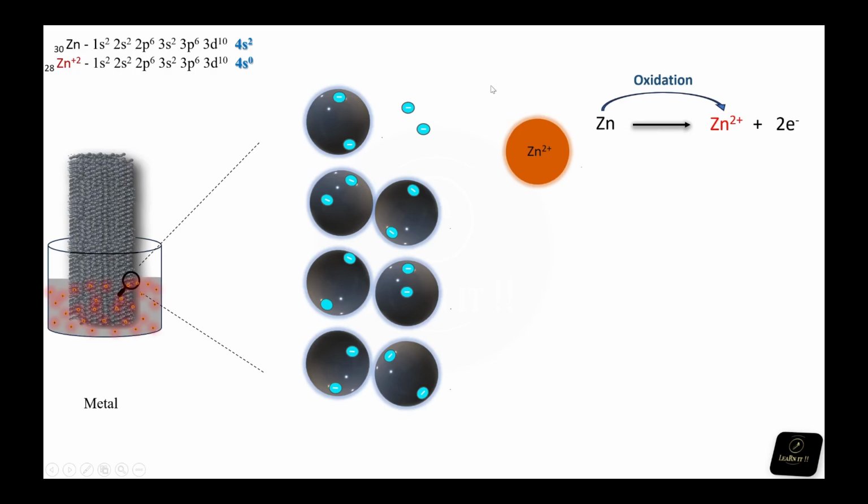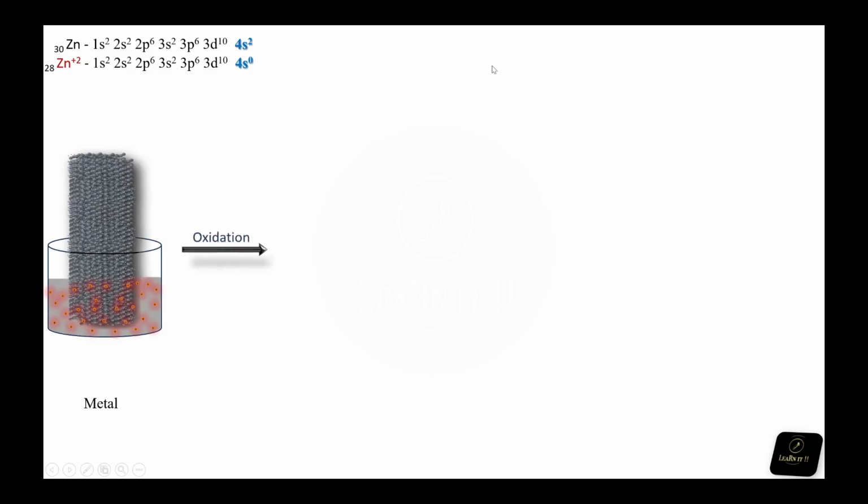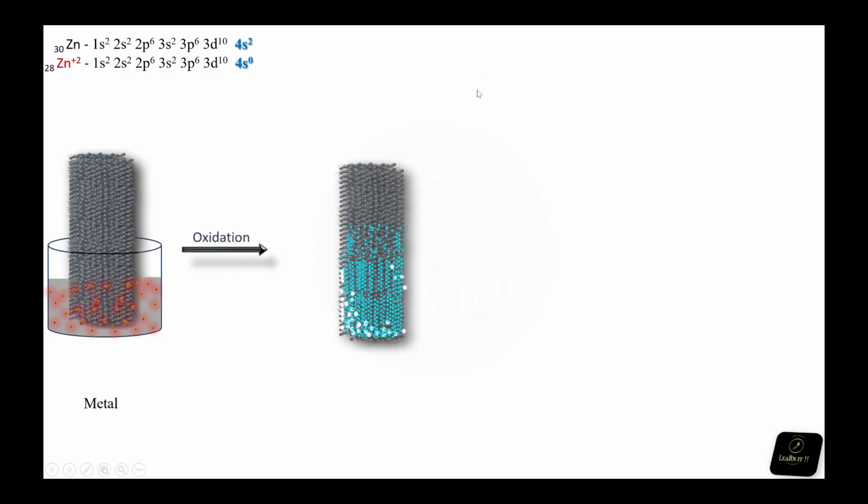Because of this oxidation process, there will be accumulation of electrons on the zinc rod. Before, the rod was electrically neutral. Now this rod is said to be an electrode,